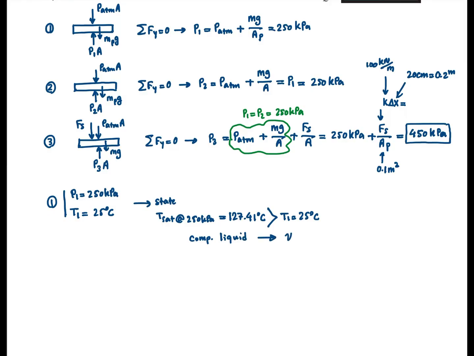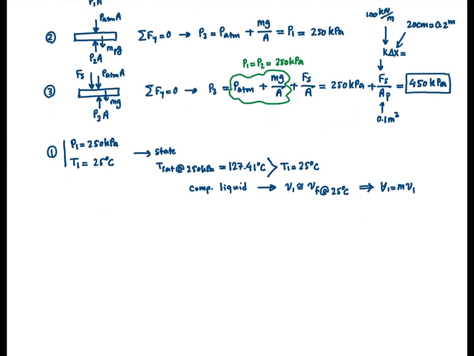So specific volume in the initial state is almost equal to the specific volume of saturated liquid at the given temperature, 25 degrees C. And if I have this number, I can multiply it by mass and get volume in the initial state. Then moving on to state number 2. Pressure equals P1, which is 250 kilopascal,